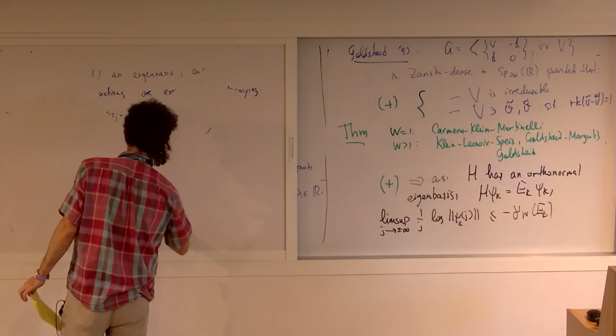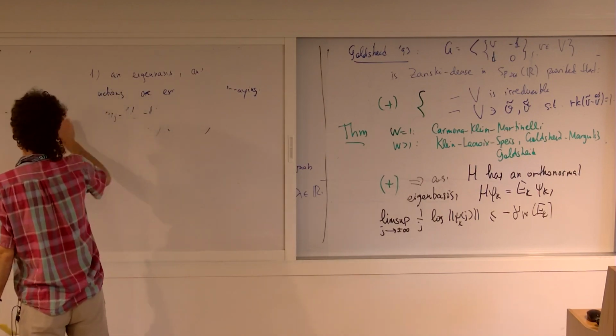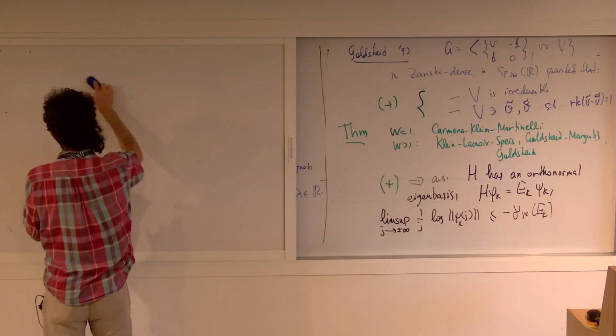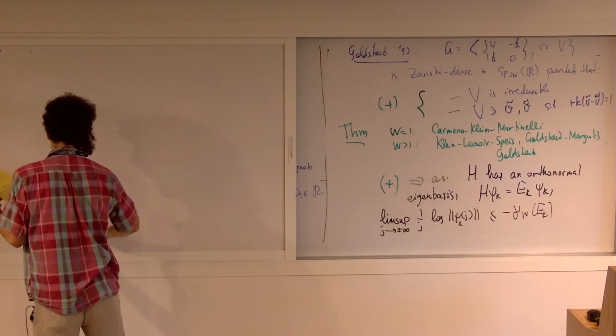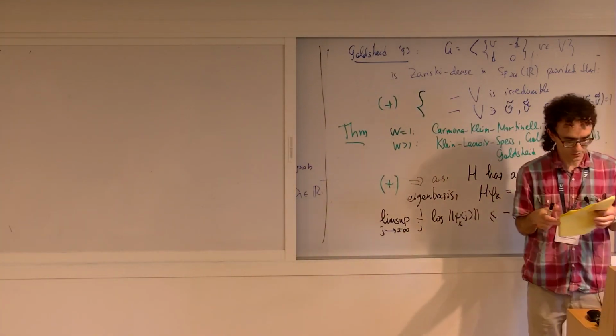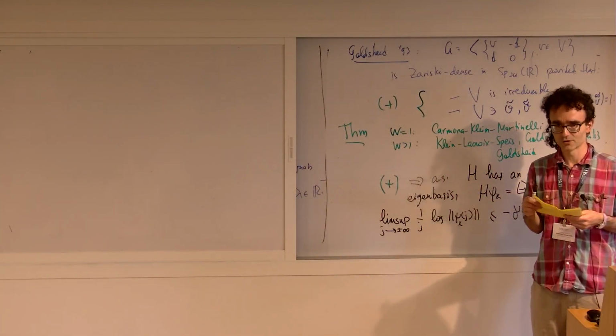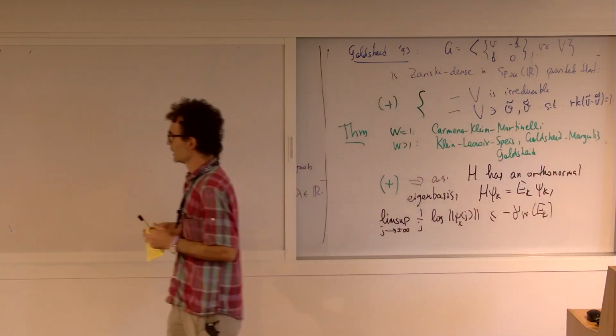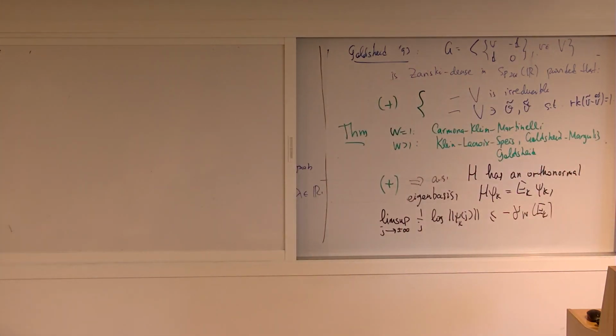Now let me tell you the strategy of the proof, or more precisely, let me tell you why the proof is not obvious, or what is the main obstacle to the proof. So, how does the proof work? As usual in spectral theory, we start from the eigenvalue equation, the eigenfunction equation, and it's a kind of general fact